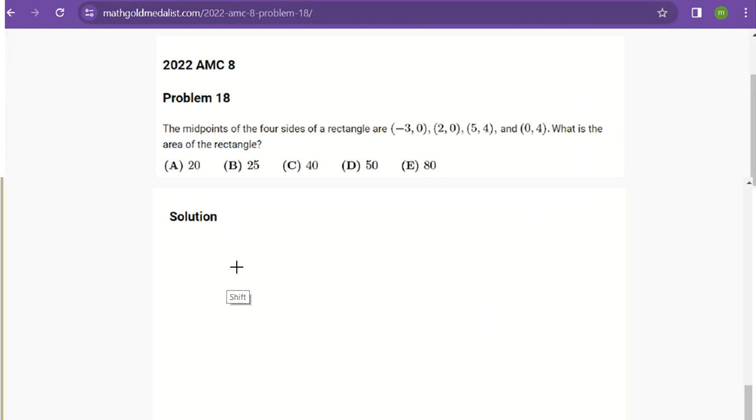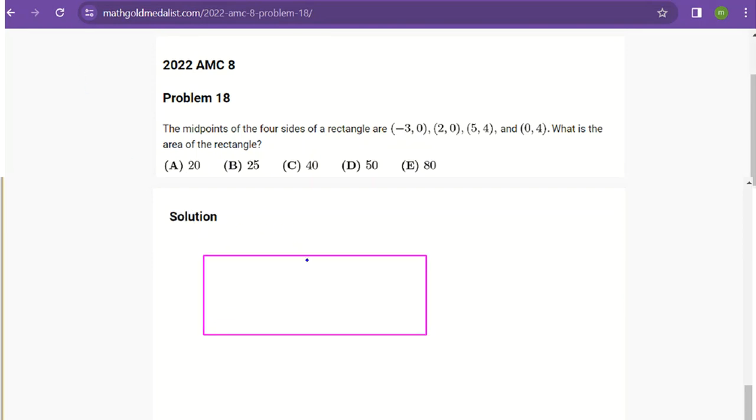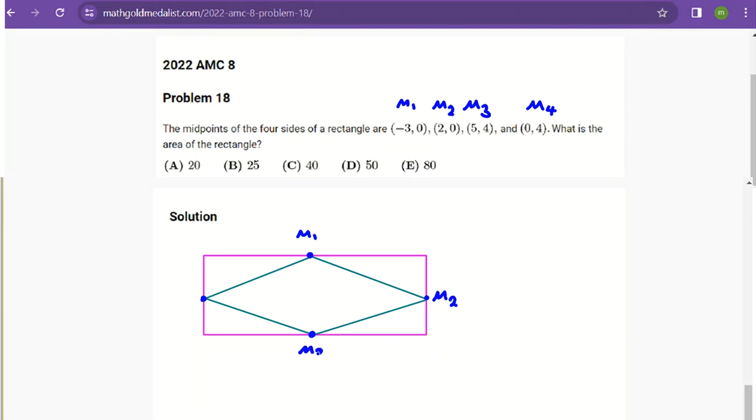Okay, so suppose, for example, we have a rectangle like this. And suppose we have all midpoints. Okay, this one, this one, this one, and this one. It says what is the area of the rectangle. So if we connect these, if we have midpoints, suppose this is M1, M2, M3, and M4. It wants the area of the rectangle. Area of rectangle is what? It is this times this. Okay? Now, if you draw